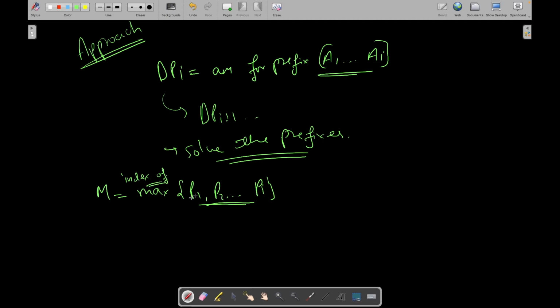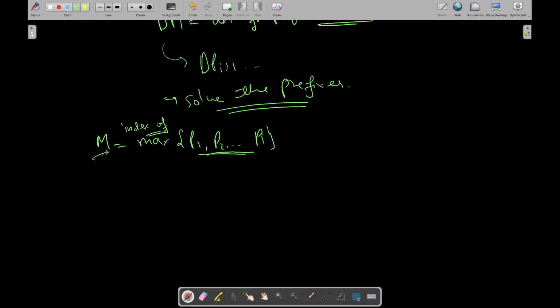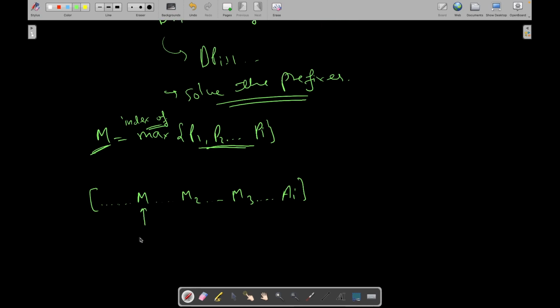So if m is the index of the maximum of this prefix, then my array will look something like this: there are some elements in here, then there is m, then let's say we have the second maximum, then the third maximum, and then we reach index i, right? And because I already know dp of i minus 1, these are already computed. So I have the value of dp of m, dp of m2, and I also know the value of dp of m3, and now I want to find the value of dp of i,